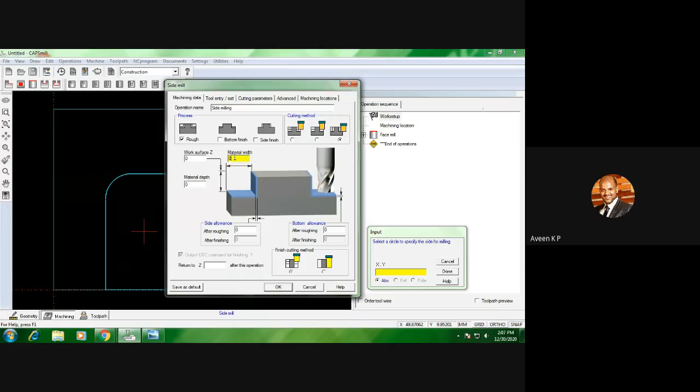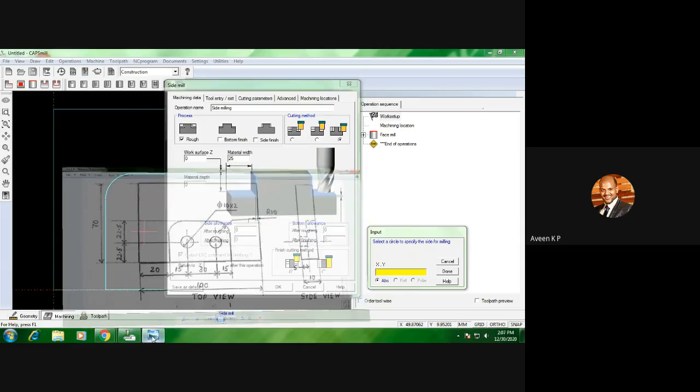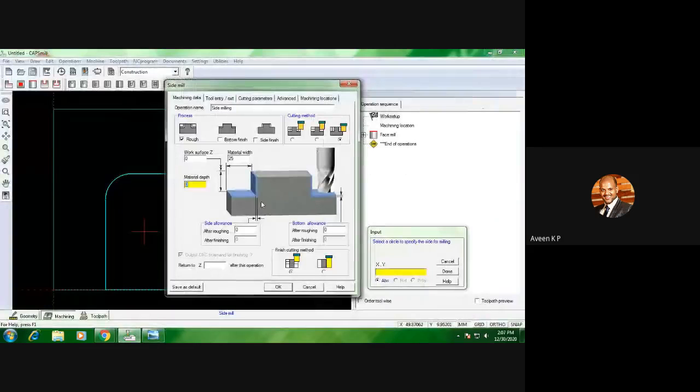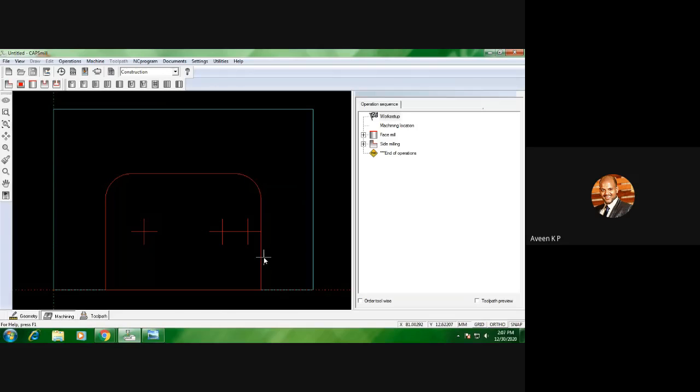Okay, material width, let me take it as 25, and the depth. So total I have to give. So total 5 has to be removed. So I will give it as 10. Okay, click OK. So once that is done, 2 operations are done, followed with operation